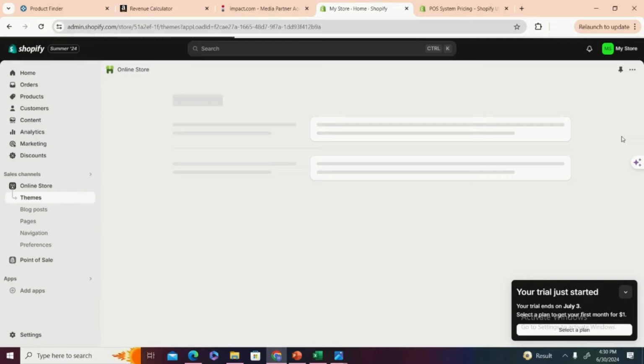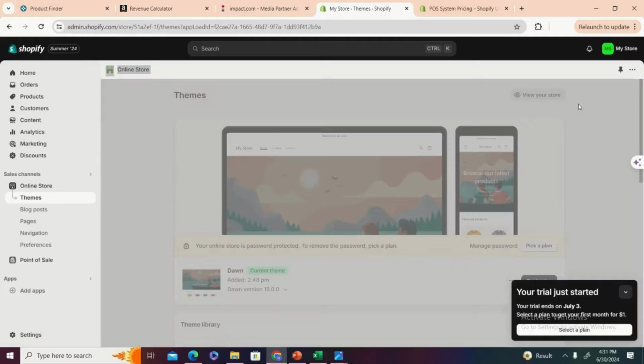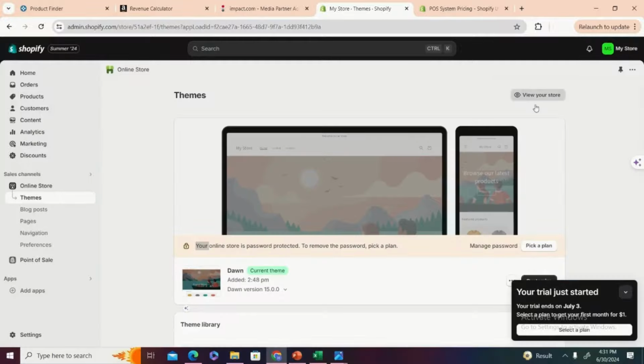once you come to the Online Store, it's going to show you how your store actually looks and how you can go about customizing it. And basically, these are all the options that are available. So we have themes, blog posts, pages, navigation, preferences. So first of all, I'm going to just show you how the store actually looks, and then I'll show you how you can go about